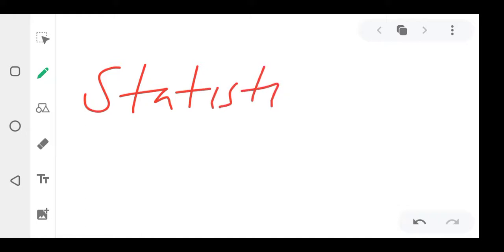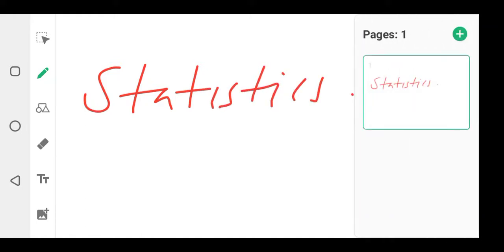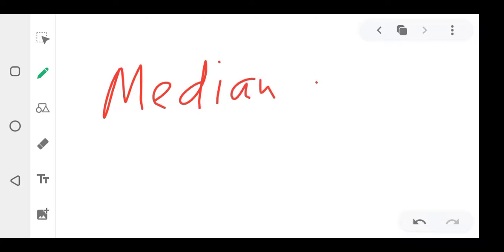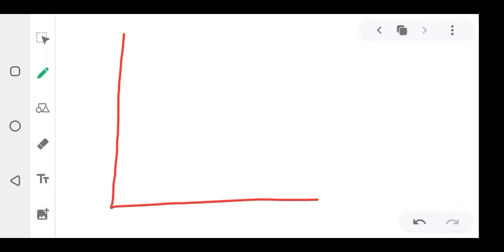Okay, so today in statistics, I'm explaining the median so that you understand something about the median. For example, if you're drawing a graph, after you plot a graph, if a graph looks like this,